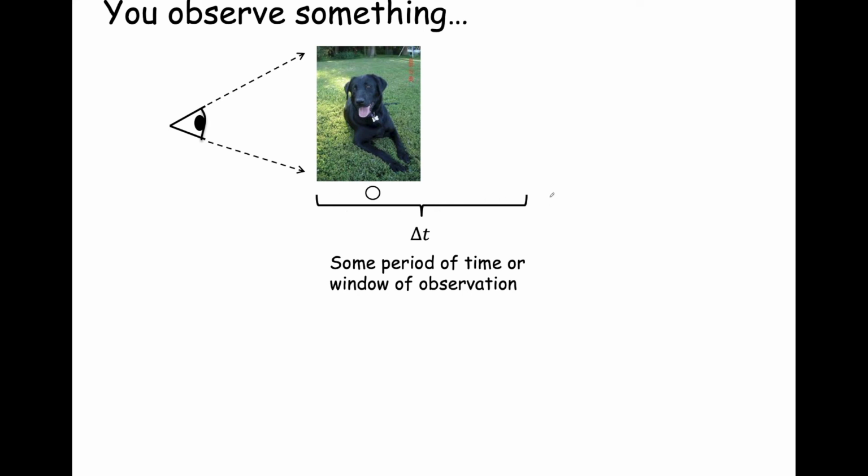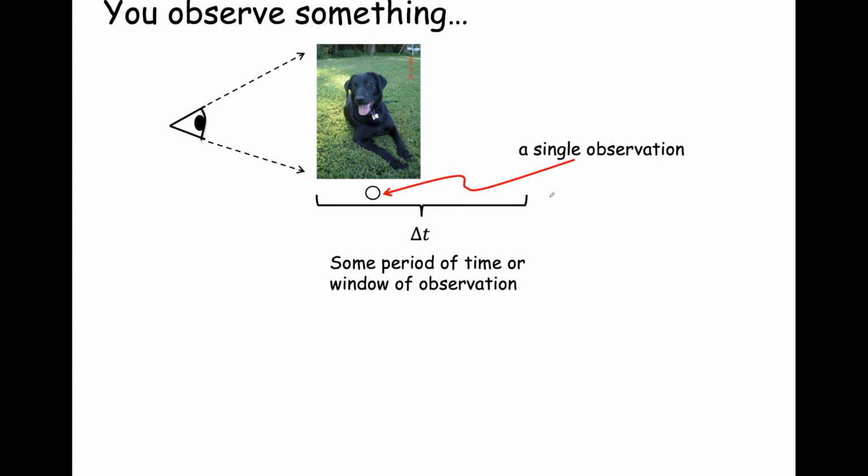And this delta t represents that period of time during which you observe the occurrence of that event. And so each single observation we depict occurs through some period of time we're calling delta t. It doesn't matter how big delta t is or how small it is. It could be a second, 10 milliseconds, 5 minutes, 15 minutes, 1 hour. It doesn't matter what delta t is, but the only prerequisite we're going to set here is that